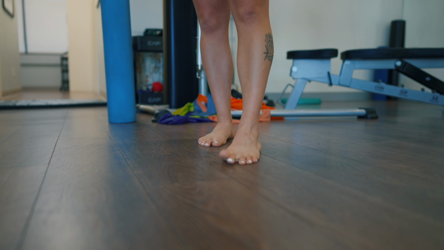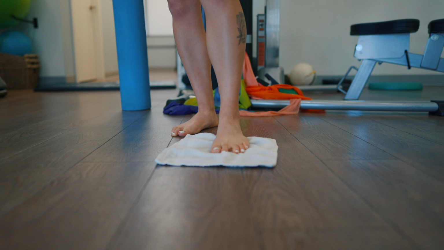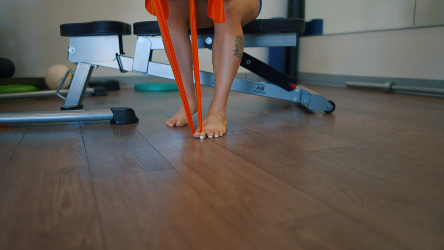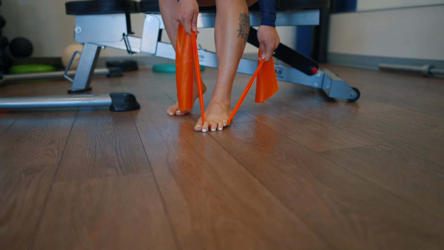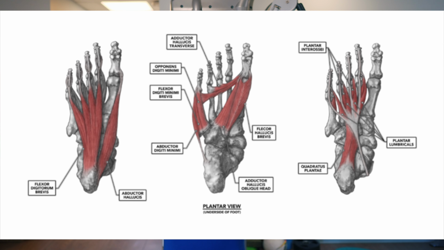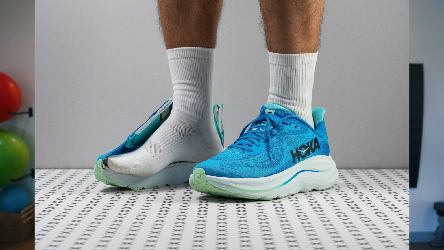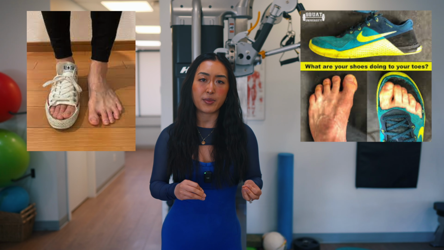In the same C tier, we have foot intrinsic exercises. Some of my go-to foot intrinsic exercises include toe yoga, towel scrunches, banded big toe flexion, and banded lateral four-toe flexion. These exercises can help us to strengthen our foot intrinsic muscles and to help us establish some motor control of these muscles. With our modern lifestyle where we're constantly wearing heavily cushioned shoes or shoes with narrow toe boxes,